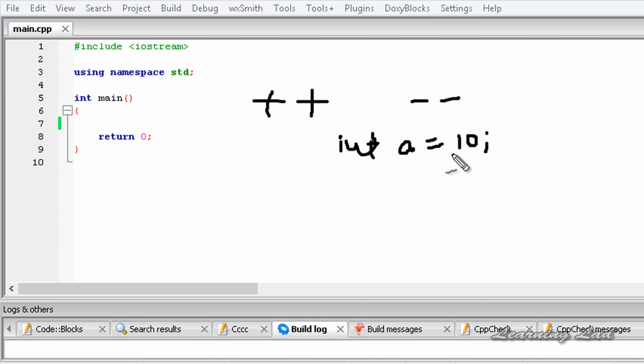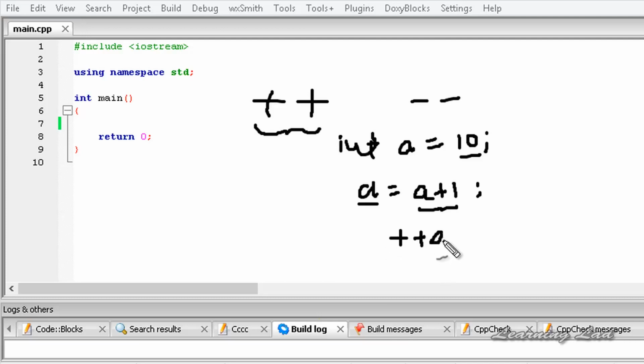If I wanted to increment this variable a by 1, then I need to write a equal to a plus 1. So the operation a plus 1 is done first, 10 plus 1 is 11, and then that 11 is stored in this variable a. If we use the increment operator, then we can write plus plus a or